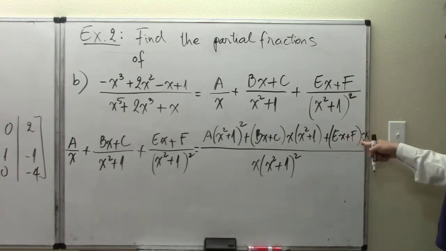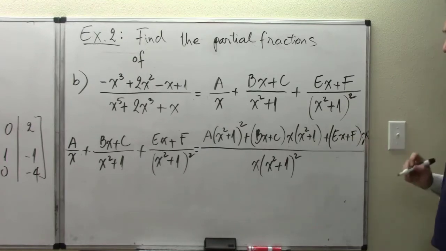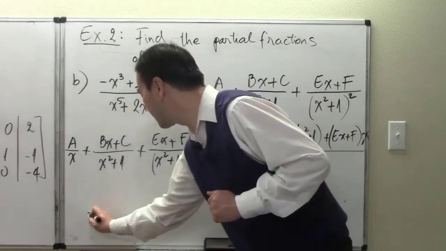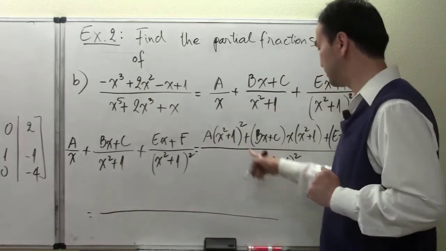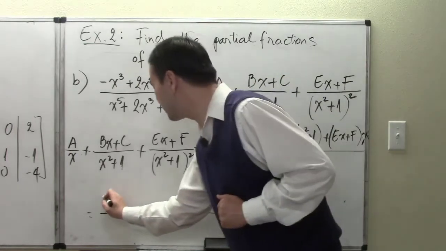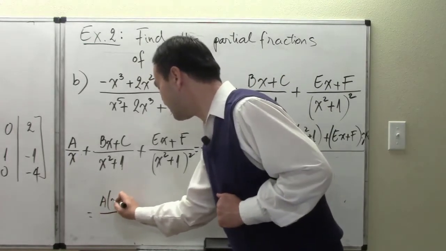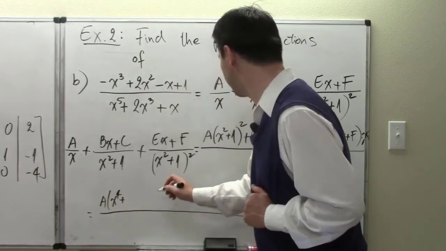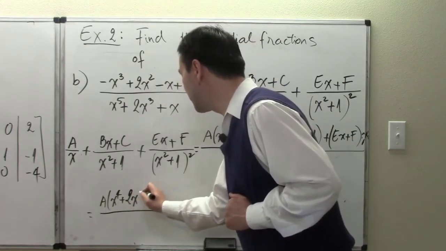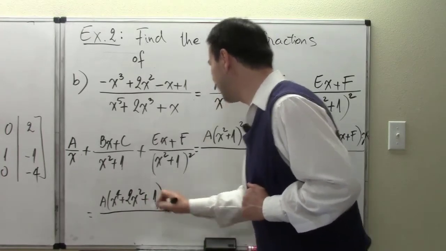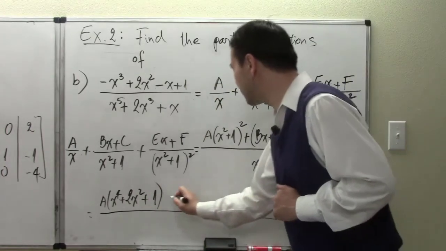Right, so ex plus f times x right there. Okay, a little hard to see. And so now I am going to go ahead and, again, start foiling things out. So here it's going to give me x to the fourth, a times x to the fourth plus 2x squared plus 1. Okay, that middle term,